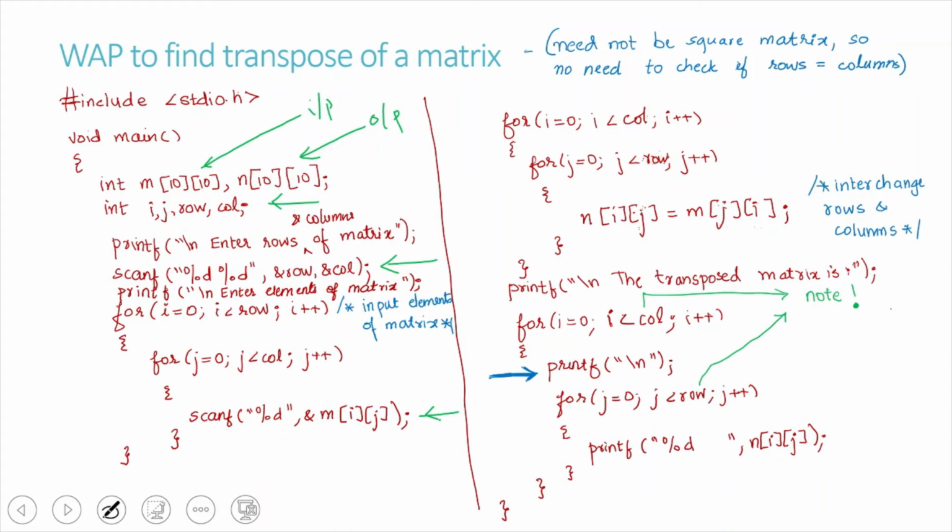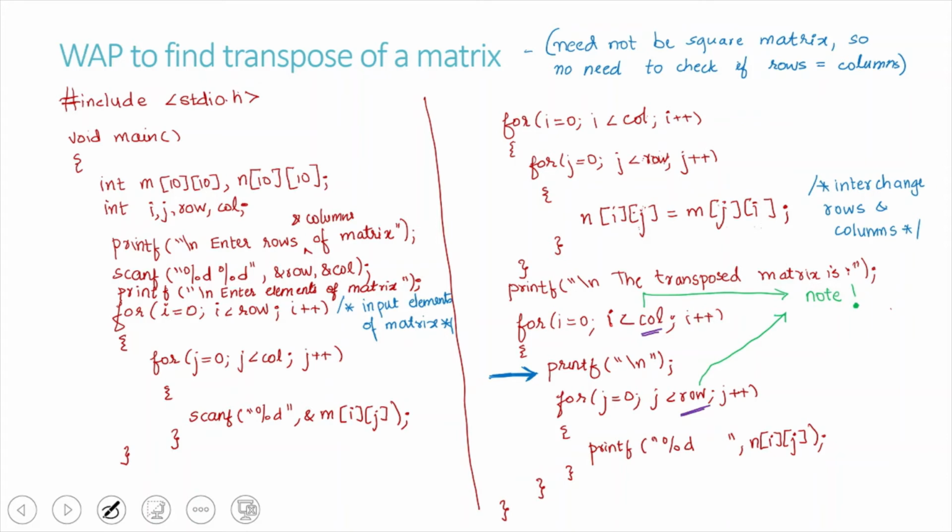So for that, you write the column first and then the row second, and to the resultant matrix, you will store the inverted input matrix. So once the rows and columns are interchanged, or the transpose of the matrix is found out, next what you have to do is print that resultant matrix. To print that resultant matrix, remember that now the columns and rows are interchanged.